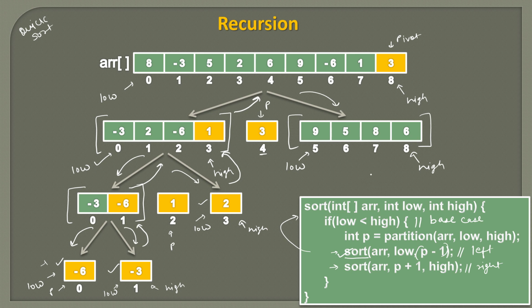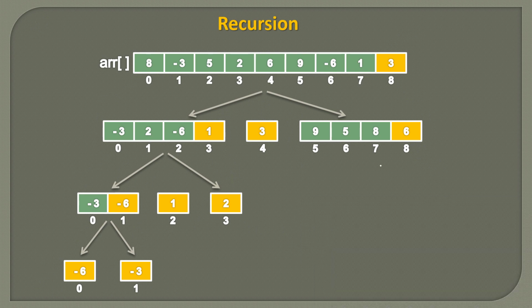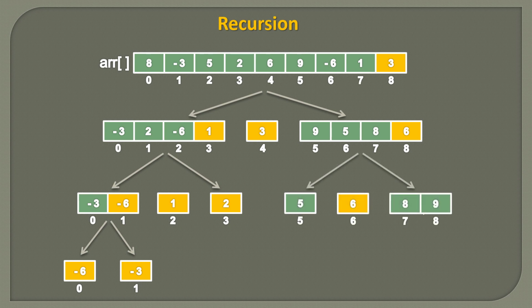So now we will partition it again based on what we saw here. So 6 will be the pivot. And now when we partition it, it would look something like this. So 6 is properly sorted. Now we go on the left side first. So 5 is the only element left. So it will encounter the base case.